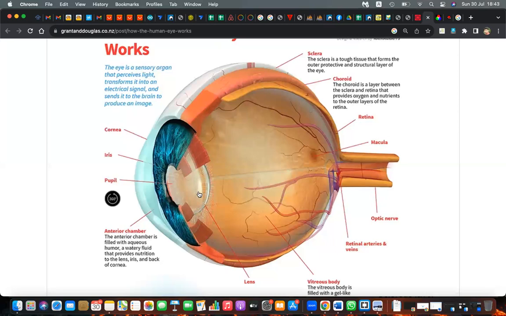It is also a gel-like thing, but it is more of a fluid that provides nutrition to the lens, iris, and back of